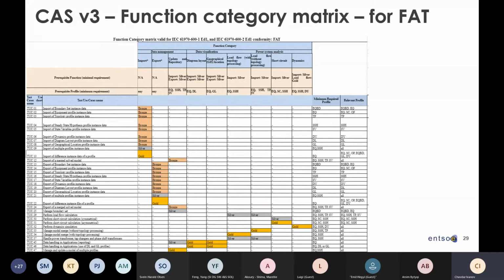But it is very similar to the SV as well. When we started this, we didn't have the SSH, so we kind of had SV and TP both being input and output. Then in CGMES 2.4, we made fairly clear that SV is in principle an output of the power flow. But bear in mind that